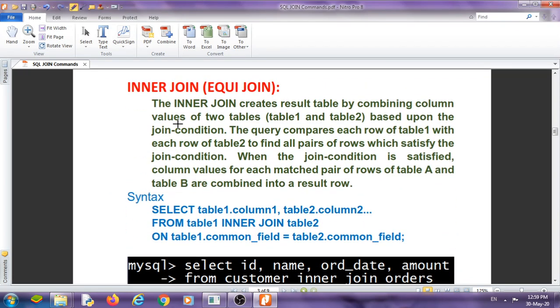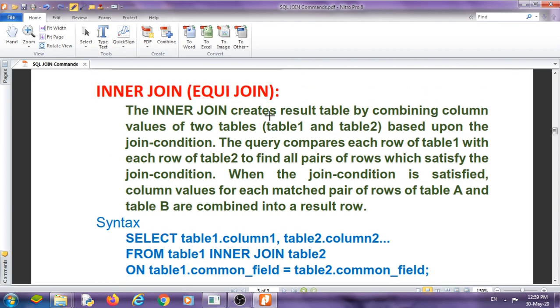Now inner join means it will create a result table combining column values of two tables, table 1 and table 2. Here we are using purchase and orders.